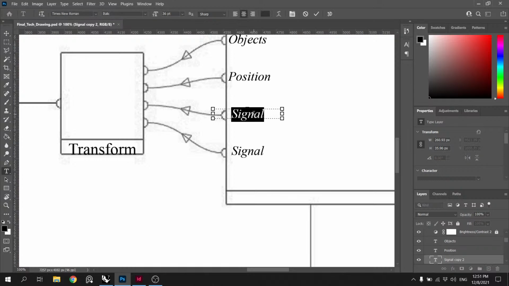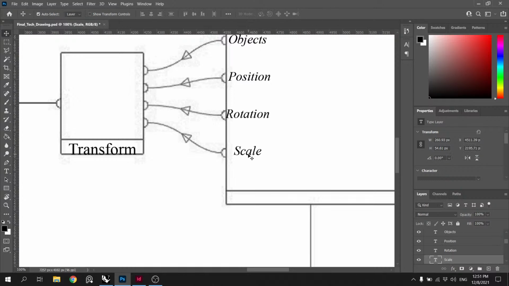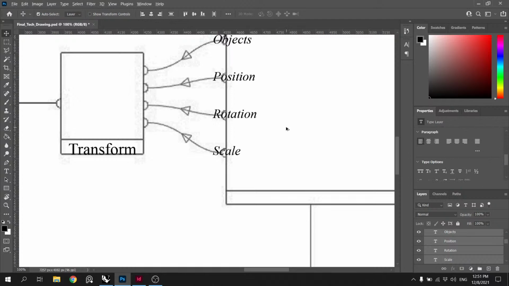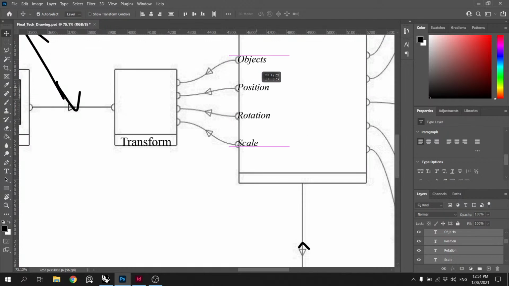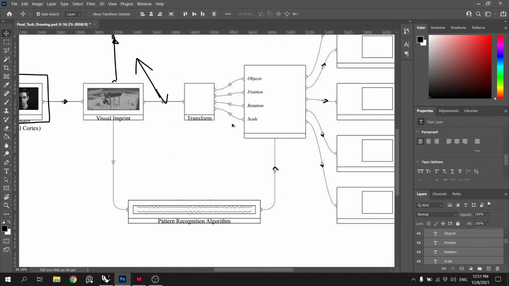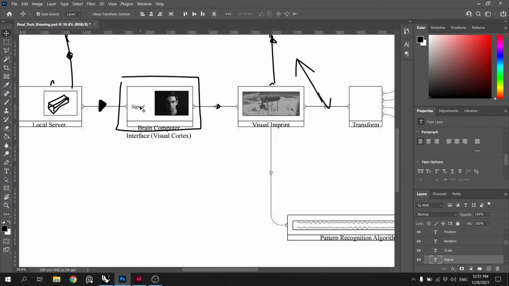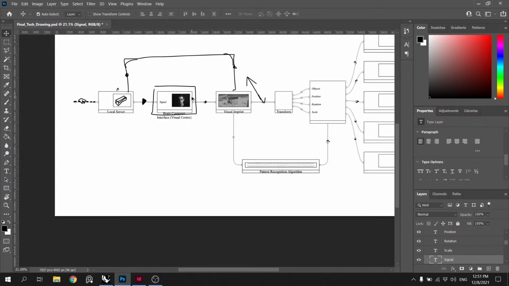This will be your rotation and scale. If we just take all those, make sure that they're all aligned to the left, and throw them on. Something like that. We can also do the same with this guy, he should be vertically aligned that way.